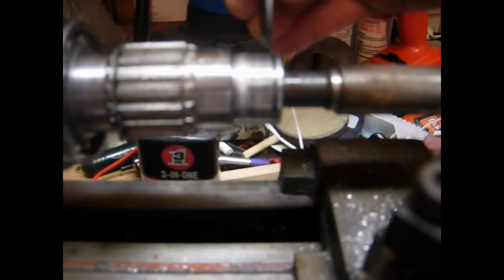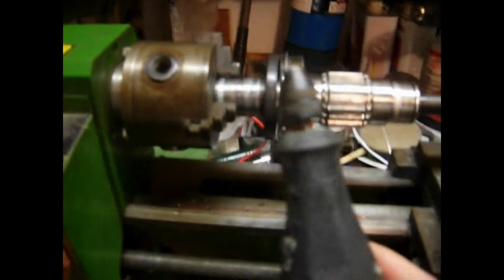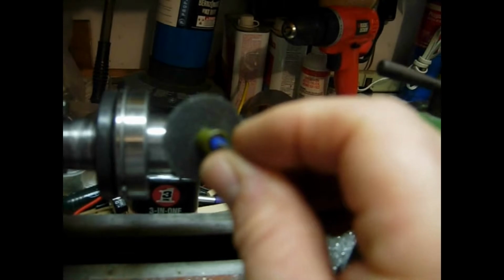So what we have to do is widen this groove just enough to put this retainer ring in. Here's how we're going to do it. We have a Dremel tool, which is right here. We have gotten into the Dremel tool kit and gotten out a little wheel. It's like a cutting wheel. This cutting wheel is going to be coming in here on the Dremel, and with the lathe turning backwards,